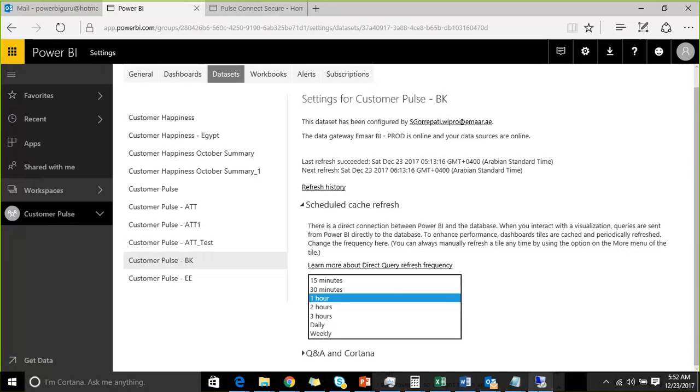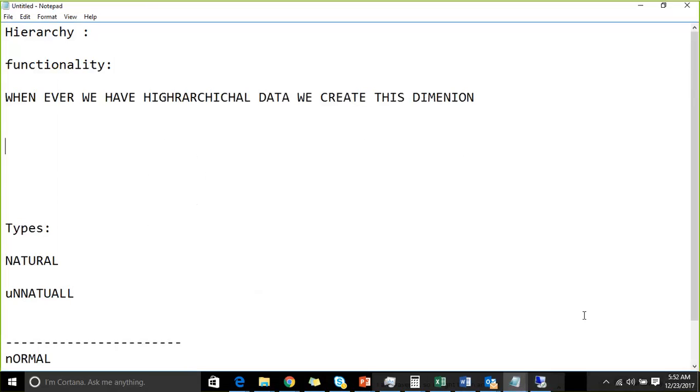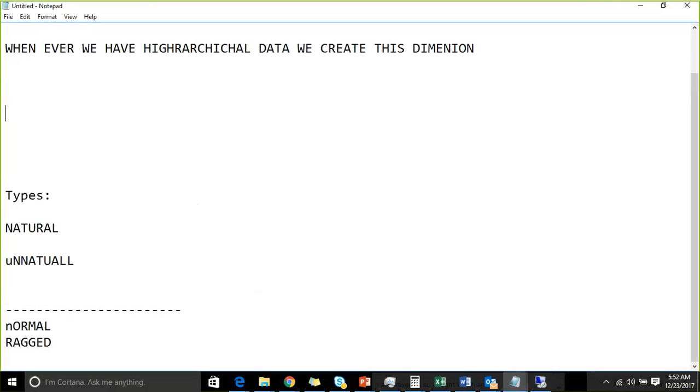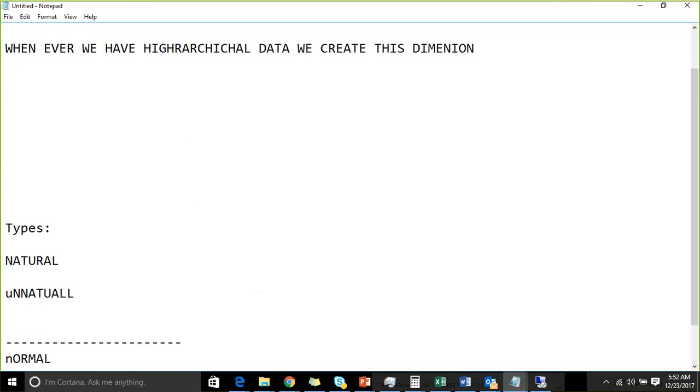And the next thing is, we are in a discussion of the hierarchy. Before understanding hierarchy or calculated column, what is the functionality? Whenever you process the cube, there are two levels of processing: processing the data, which loads the data, and then creating the calculations. In order to understand more,